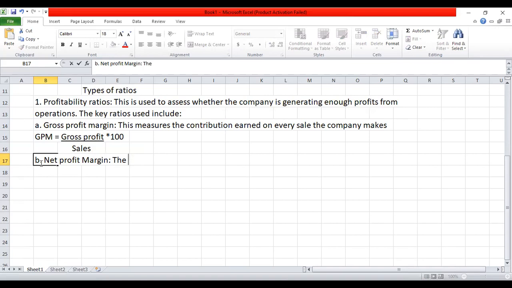So this measures the profit earned on sales after paying